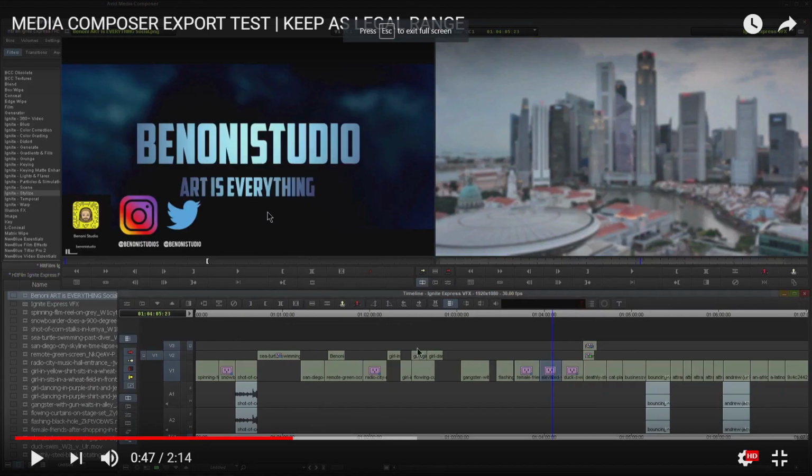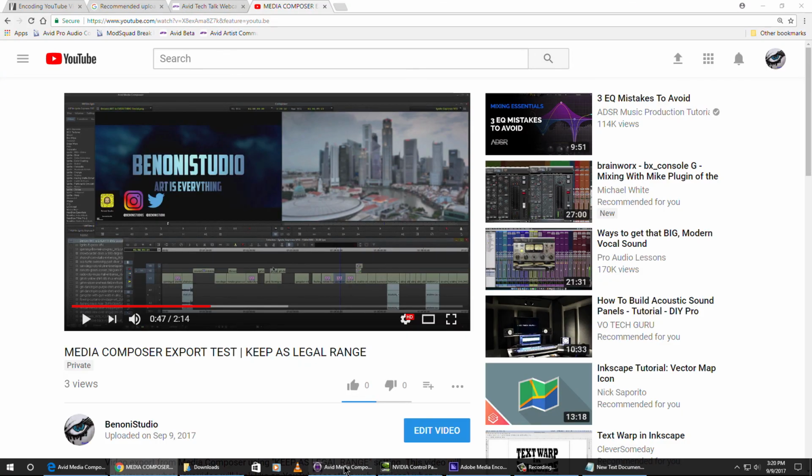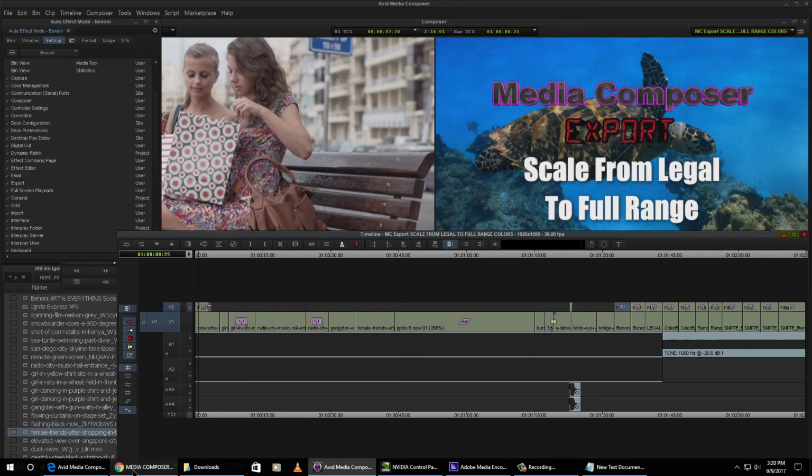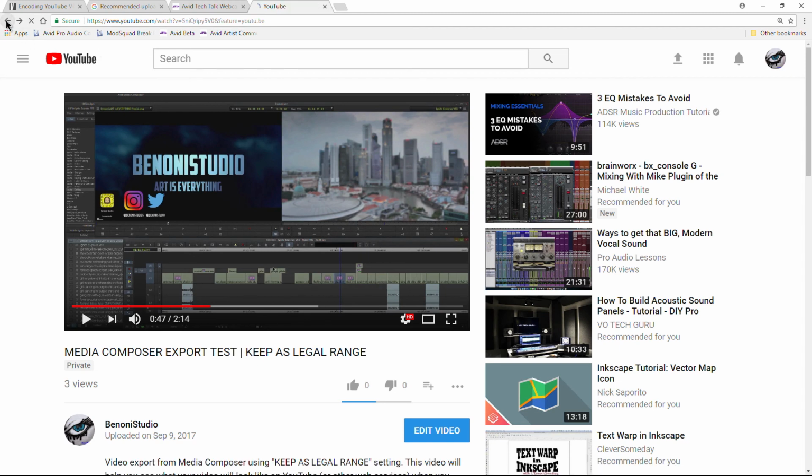So if we look at this full screen, and this is the keep as legal range, you can see that this color here isn't exactly correct. Okay. If we come back to Media Composer, you can see that. Again, that dark area there, you can see how dark it really is. Whereas if we come back here, let's go back to the